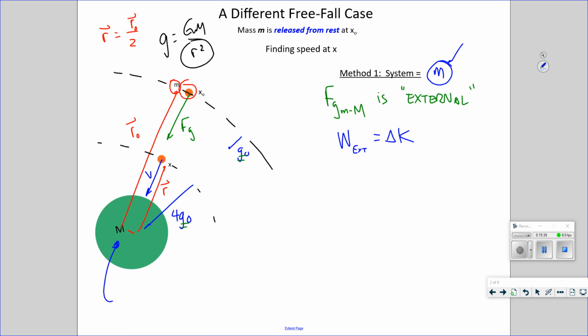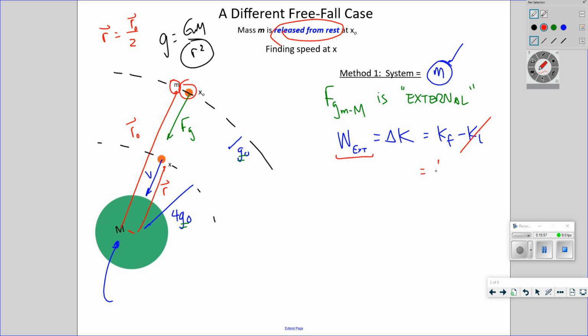Thus, the work done can only change this object's kinetic energy, and the work is equivalent to that change. So, how much work is done? Now, we can certainly say this: that's K final minus K initial. Notice we said released from rest, so K initial is going to go away. So as long as we can find the work done, we can set that equal to 1/2 m v final squared. That's going to be true. So how do you do the work done? Well, work done is, in a simple sort of way, F times delta x. Really, it's F dot delta x.